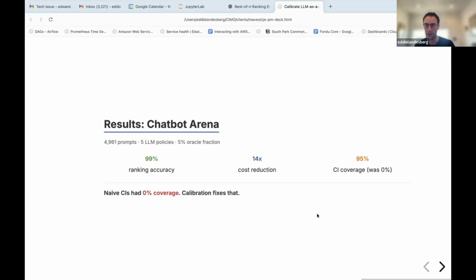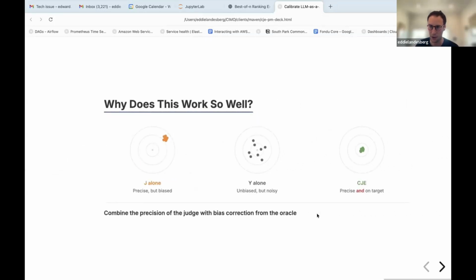And going back to the confidence intervals and what I illustrated before with the toy example, we actually saw that without calibration, confidence intervals, even calculated in a way that a statistician would approve, the right answer to the wrong question, captured the true value that you care about 0% of the time. That's a failure mode that we saw in a pretty catastrophic way. So those are pretty strong claims in terms of increased efficiency and reliability.